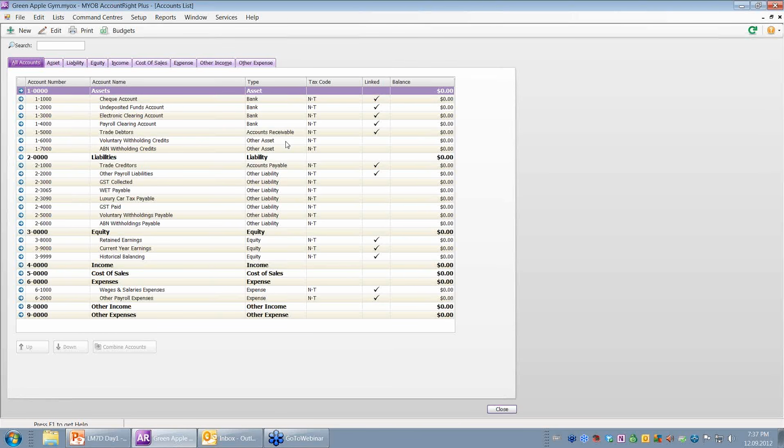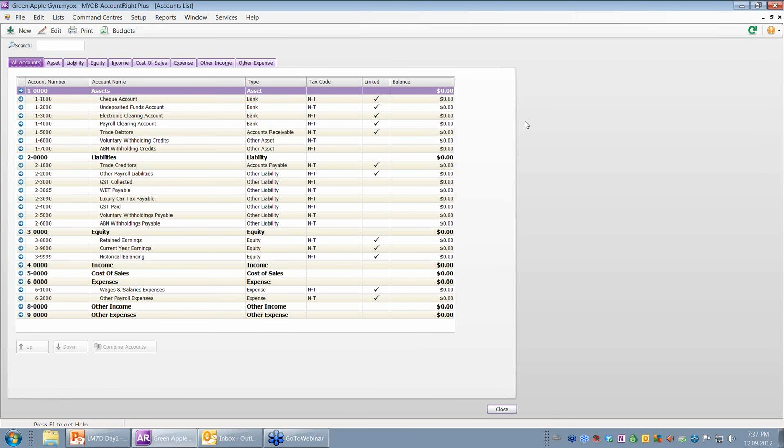I consider it to be one of the most important parts of setting up your accounting system. It is the backbone of your accounts, and it is the structure upon which all transactions are based. So it's critical to the success of your business accounting system that this is set up to suit your business